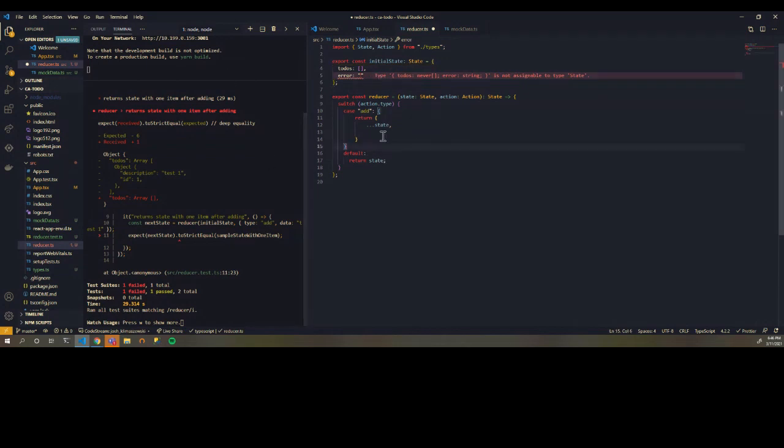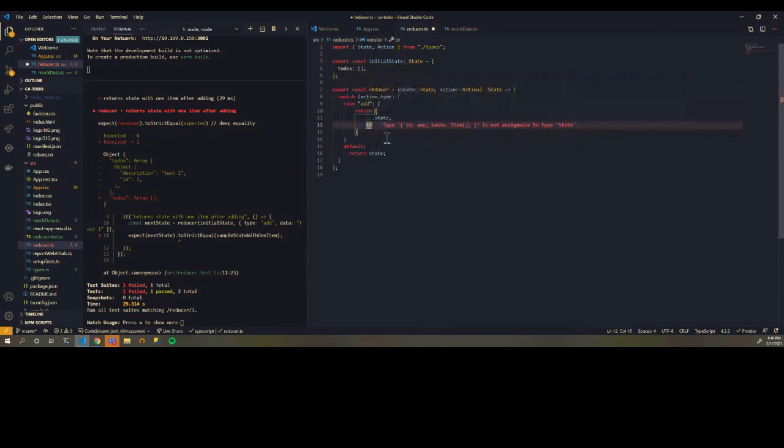And so we want to make it immutable. So we want a spread here. And then for to-dos, we're similarly going to spread all the to-dos that we already have. And we're going to make a new to-do with an ID of,